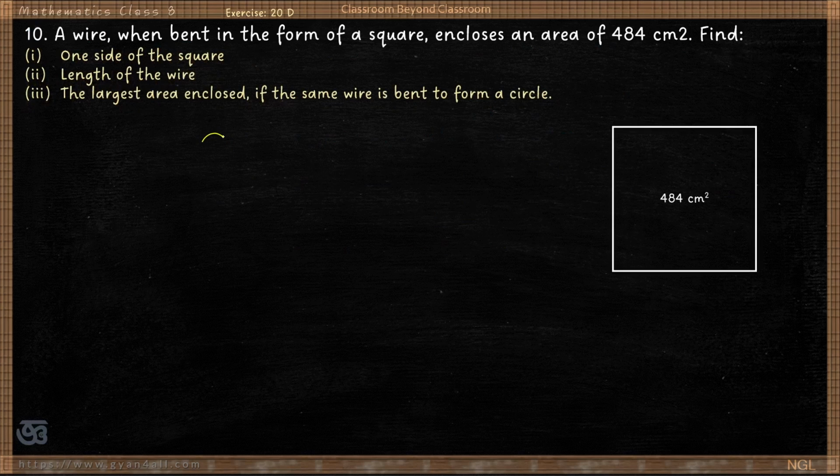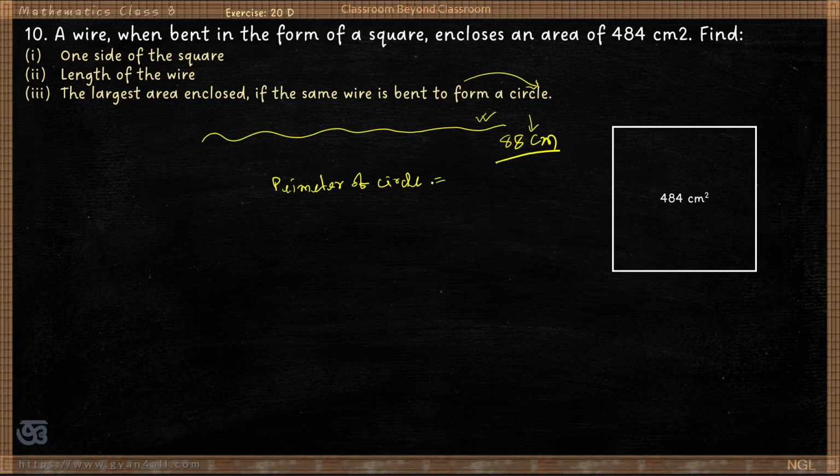So what we get? The length of the wire is 88 centimeter, and this 88 centimeter wire is used to form a circle. That means the perimeter of the circle or the circumference of the circle is also 88 centimeter,